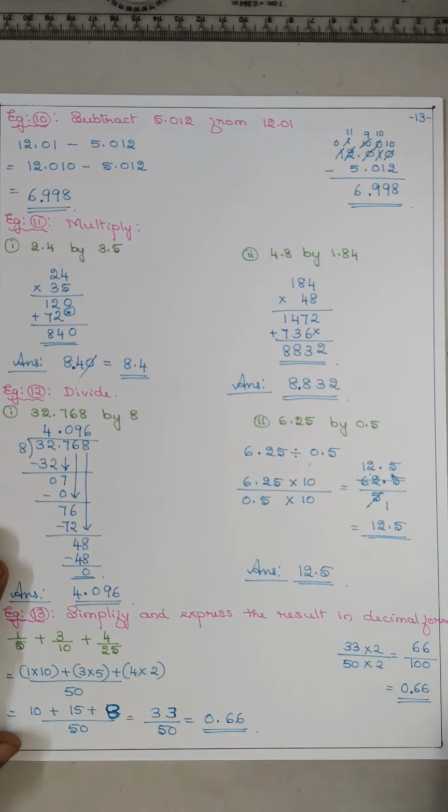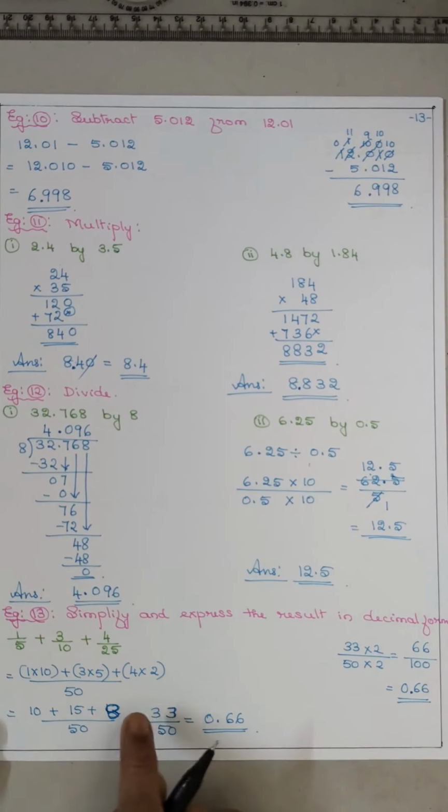Otherwise, you can also do long division. Hope you understood. So in multiplication and all, you have to be careful. In calculation you have to be careful, otherwise the answer will be wrong. A slight mistake in between, then it will be wrong. Hope you understood all the examples